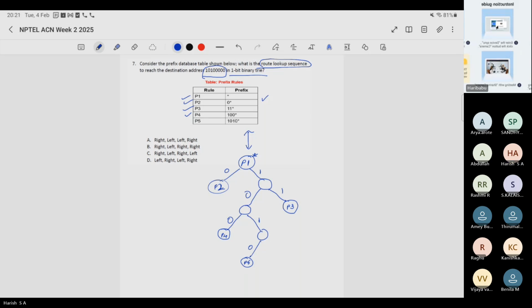So if this is the input packet, right? So the input packet has what is the sequence? The IP address sequence 11000000. This is the input sequence. So what happens when such a